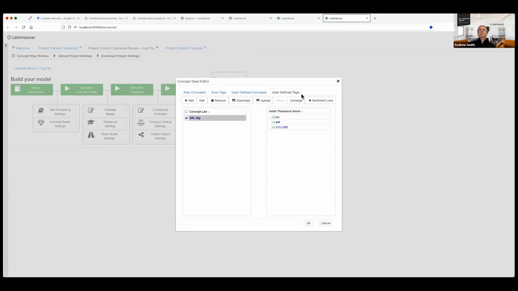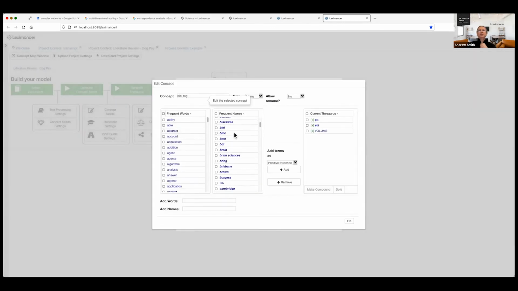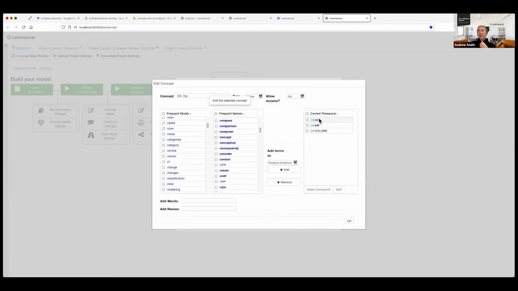Now, a lot of things going past here, don't worry if you miss them, but these tags are like fixed variables. The machine learning doesn't go and build a thesaurus of words around a tag. It just uses the words I specify. So I created a tag called bibtag, and I edited that and went through the lists of frequent names and frequent words and found these things: pp, vol, and volume. And in this data, they are very frequently used to indicate a bibliographic entry at the end of an article.